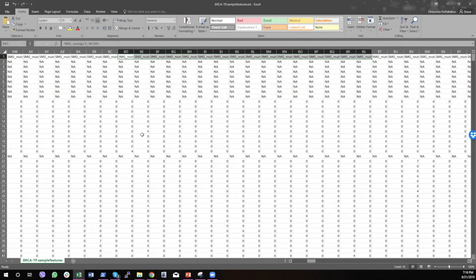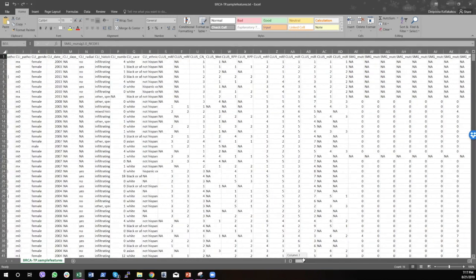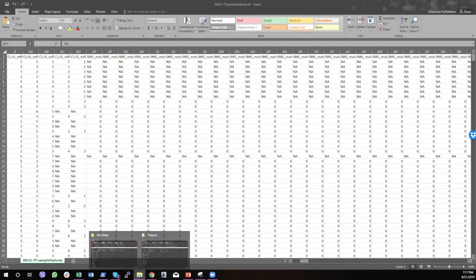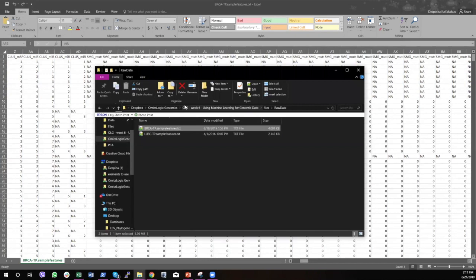Moreover, I discarded the samples that don't have information about the features that I want. So the resulting file is again in the files that I have uploaded